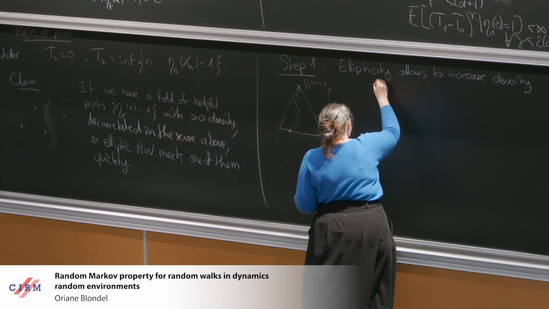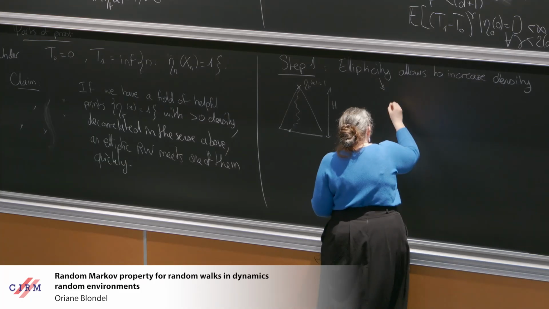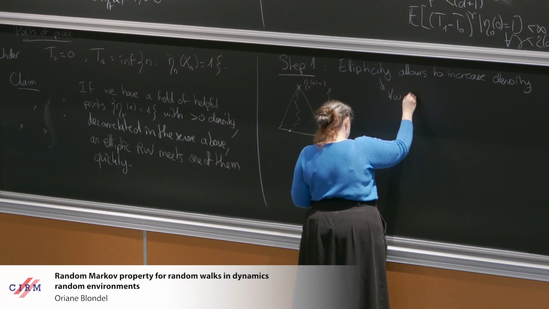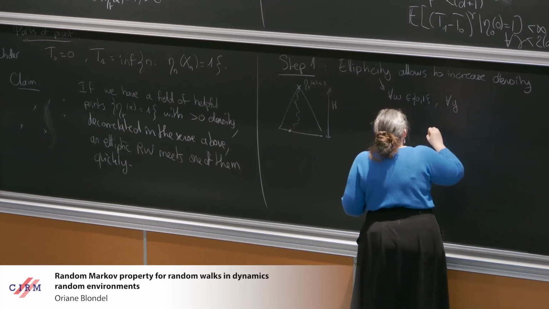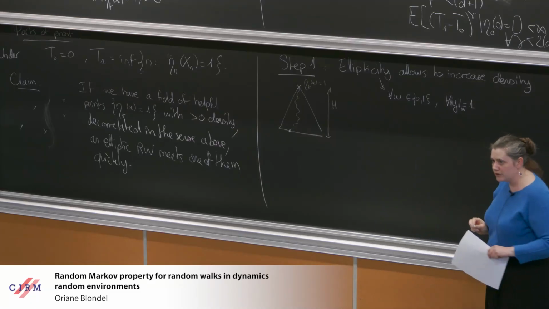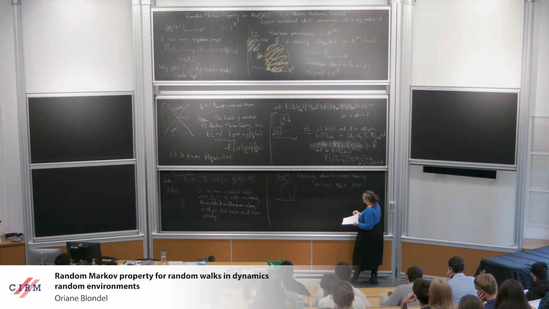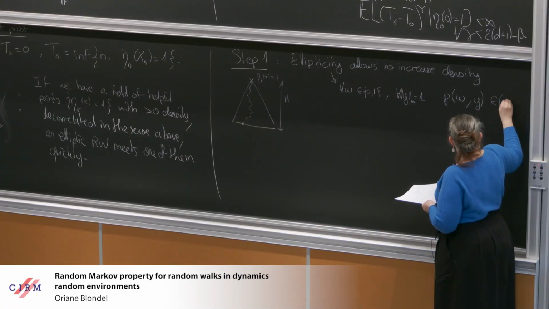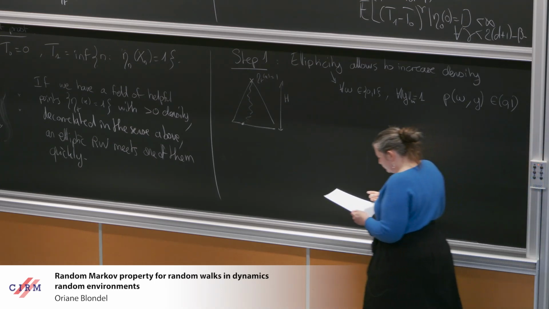If you've never seen that, ellipticity here can mean a lot of things in the random walk in random environment business, but here it means that no matter what omega is, no matter what y, a nearest neighbor of the origin, the probability p that I had at the very beginning, the probability, seeing the environment omega, to jump to y, is strictly between 0 and 1. And what that tells you,